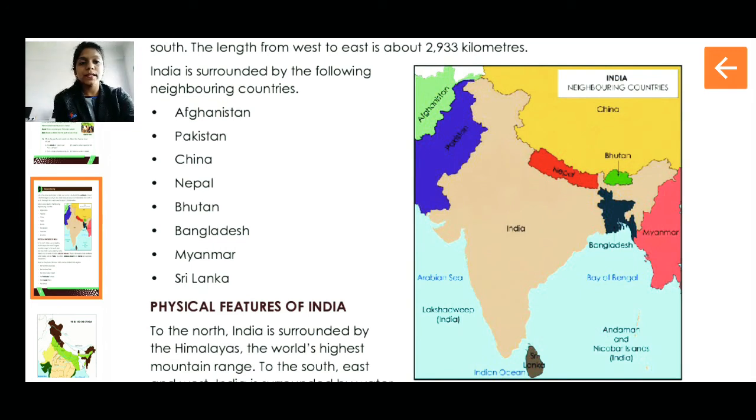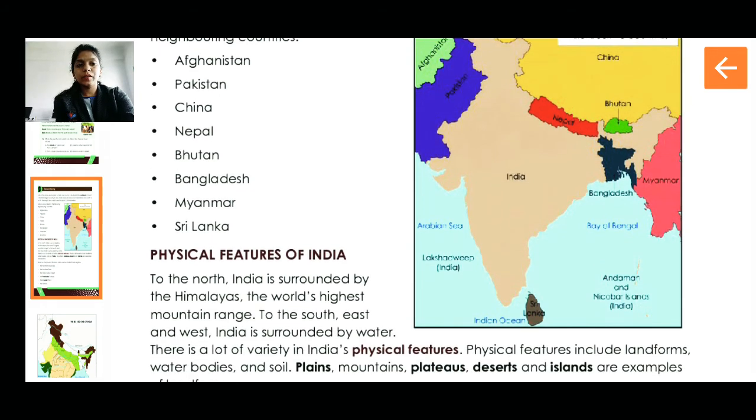So students, if you can see in this map, India is given in the light brown color, and the other colored countries, you can see Afghanistan in green, Pakistan in blue, yellow color China, then you have Bhutan down there, red Nepal, then you have Myanmar, can you see? And in the below, the small country, that is Sri Lanka. So students, these are the different neighboring countries which are surrounding India.